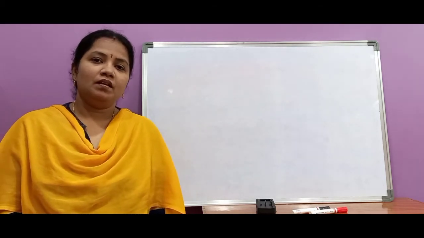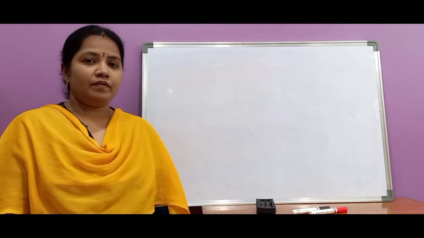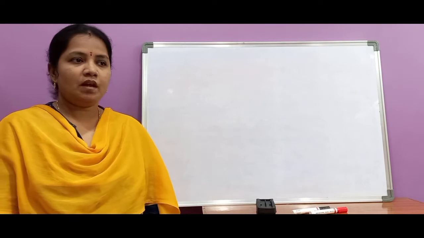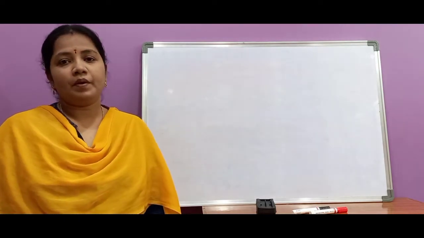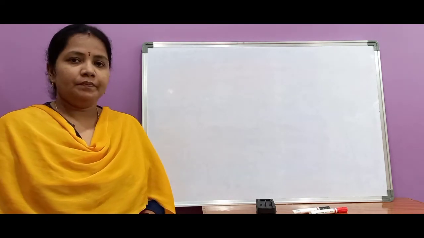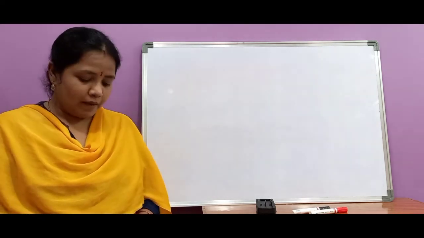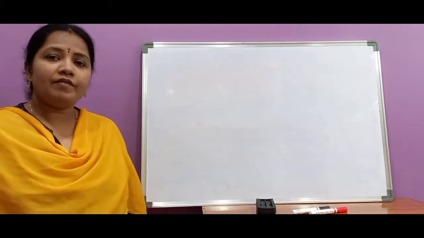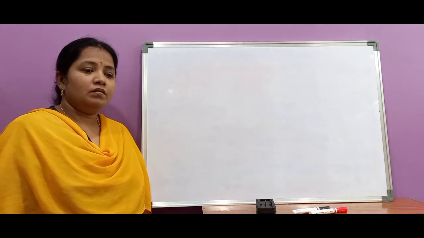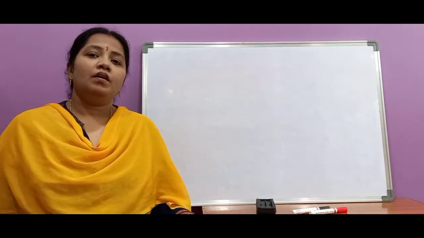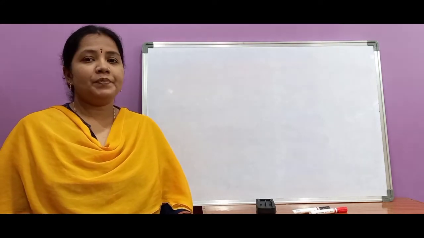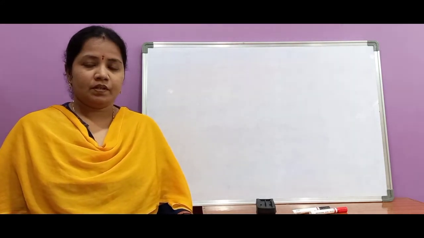In the previous class, we discussed the balancing of chemical equations. There we have seen only two steps. Actually, there are four steps in the balancing of chemical equations. What are the remaining two steps? We will see, and also why we need to balance the equation, what the law of conservation of mass is, and what the need of balancing a chemical equation is. And there will be some critical situations. In those situations, how can we balance the chemical equations? With some examples, we will see in today's class.